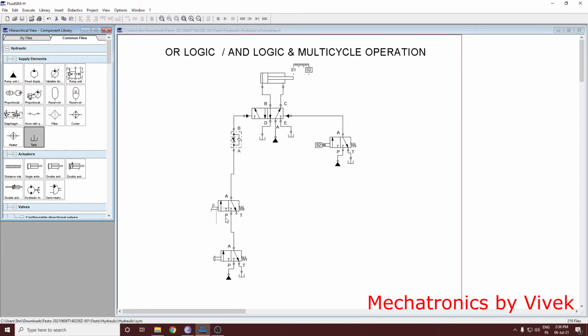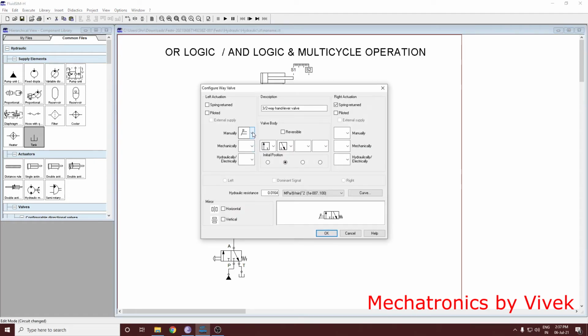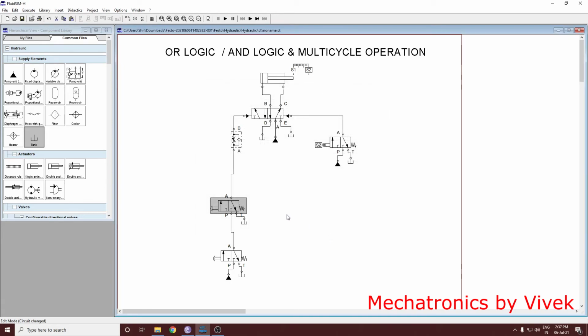You need one more tank here, right? And this is of course a simple manual push button with spring return, and this is also of course. Well, let's try to simulate this.